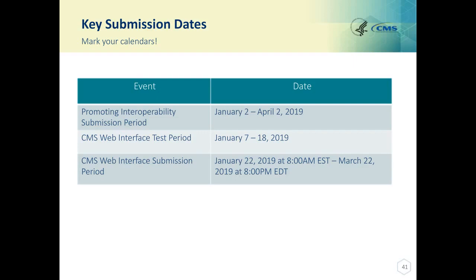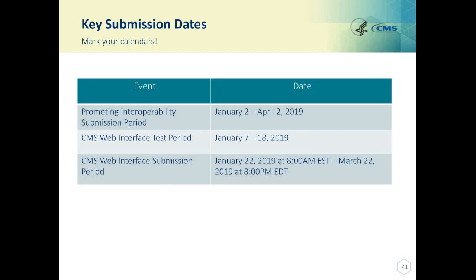Along that same vein, the CMS web interface test period opens on January 7th, and that will run until January 18th, 2019, so that might be another key date that you want to mark on your calendars. As soon as we close the web interface test period, shortly thereafter, we will open the web interface submission period